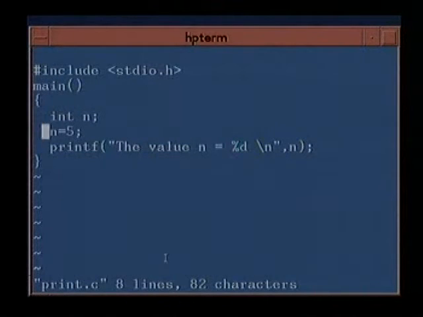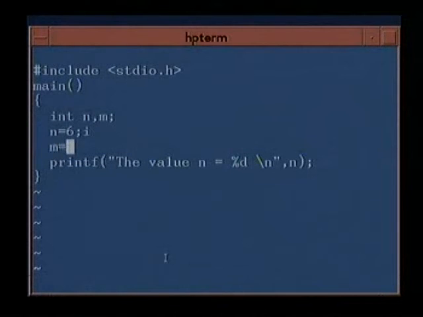Now we could also change the value of n, say to 6 here, and we could include another variable, say m, declare it, and assign m is equal to 8, and print the value of m here also. And for this we will have to give another percentage %d.